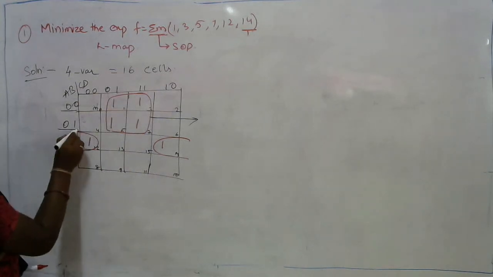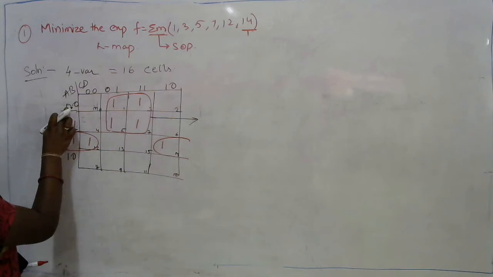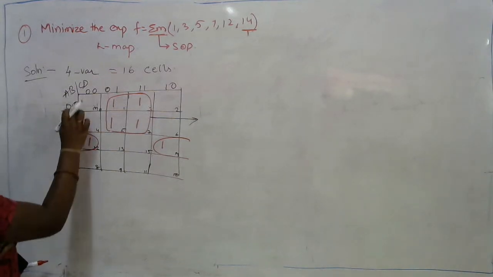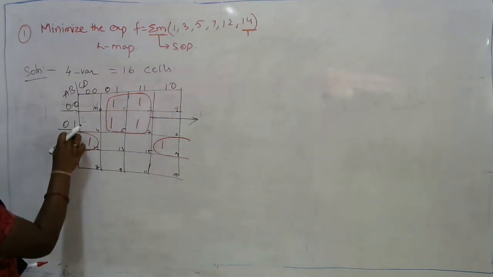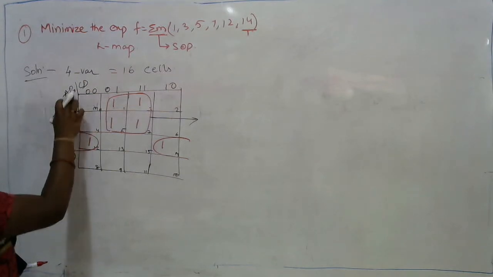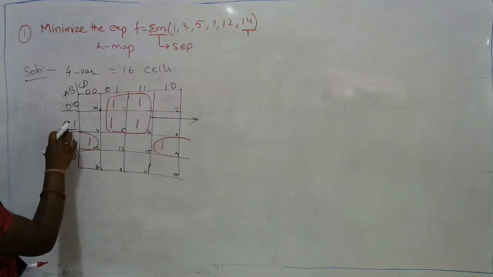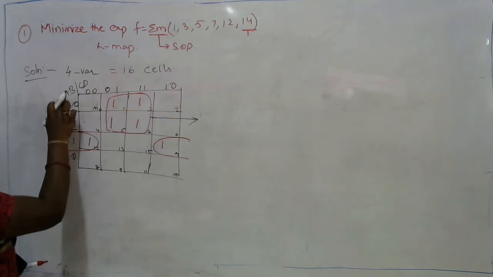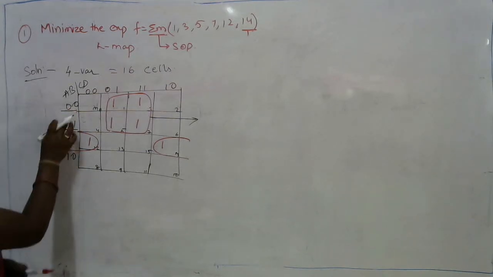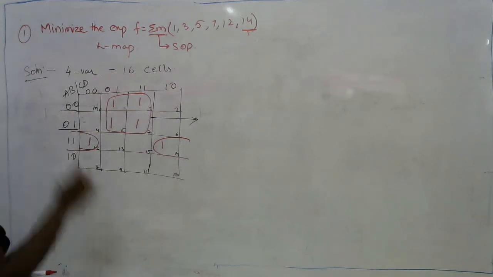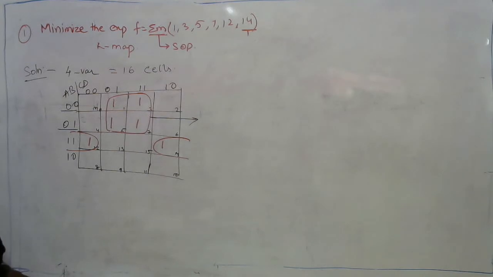So in case of 2 rows, the corresponding rows are 0, 0, 0, 1. So 0 and 1 both are in the opposite, so these will be cancelled out. This is related to the variable b, so the b variable is cancelled out. So the leftover is 0. This 0 is related to a. Or in other words, instead of representing it as 0, 0, 0, 1, you can replace it as a bar b bar and a bar b. So you can do it in any of the ways.